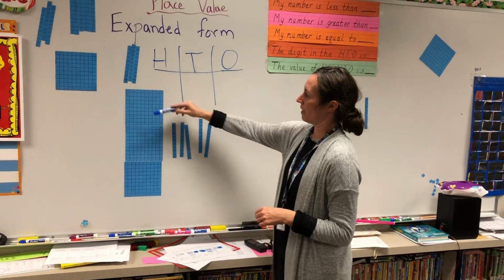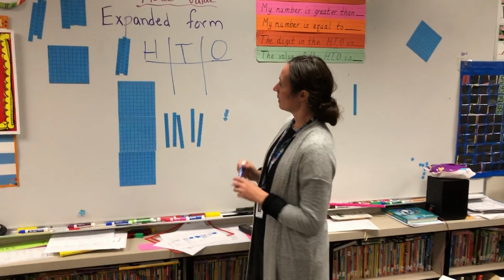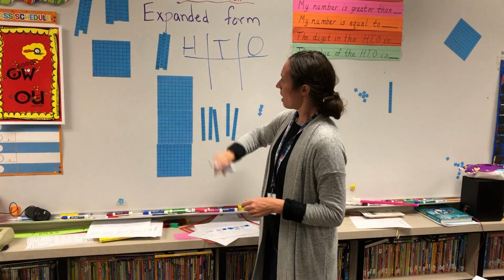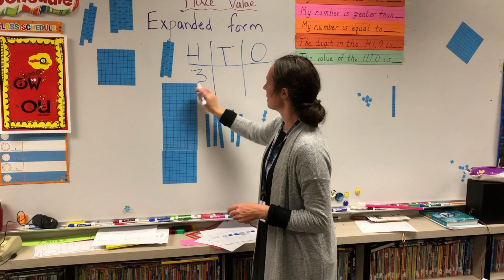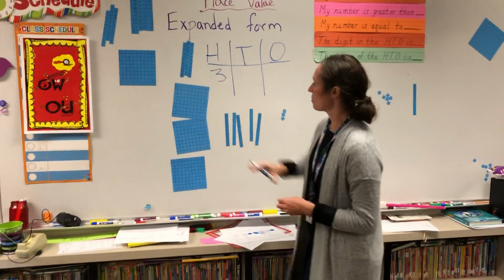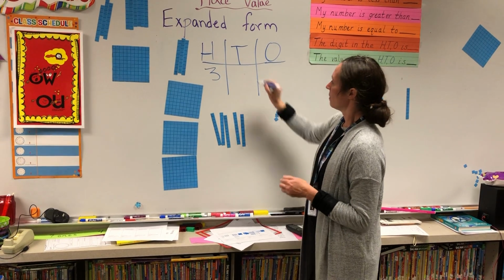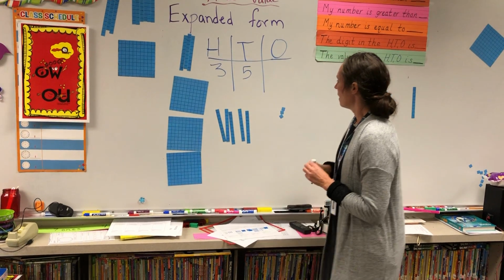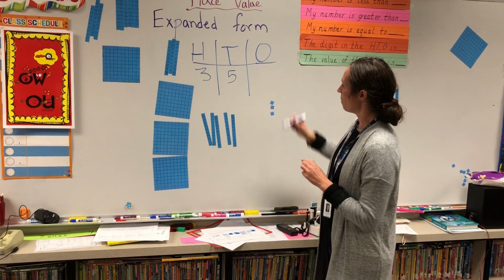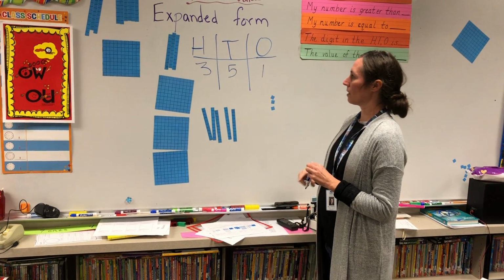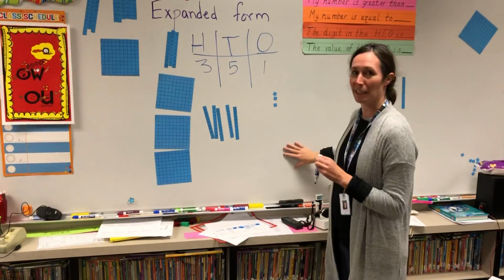So I've got 1, 2, 3 hundreds. So my digit in my hundreds is 3. I got 1, 2, 3, 4, 5 tens. And I have 1, 2, 3 ones. Okay, so let's figure out the value here because we're going to write it in